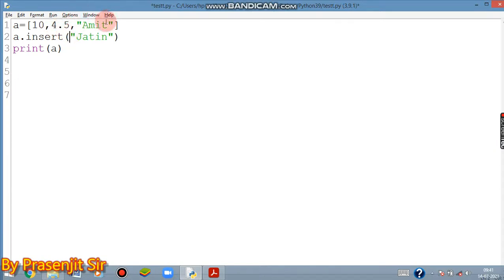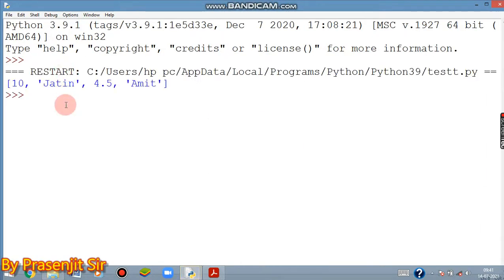It will place the data in that position and move the previous value one step forward. So look at this, if I give position 1 comma, it will not erase any data, it will just place the new value and push the previous value one step forward. Hope you all understand this concept.